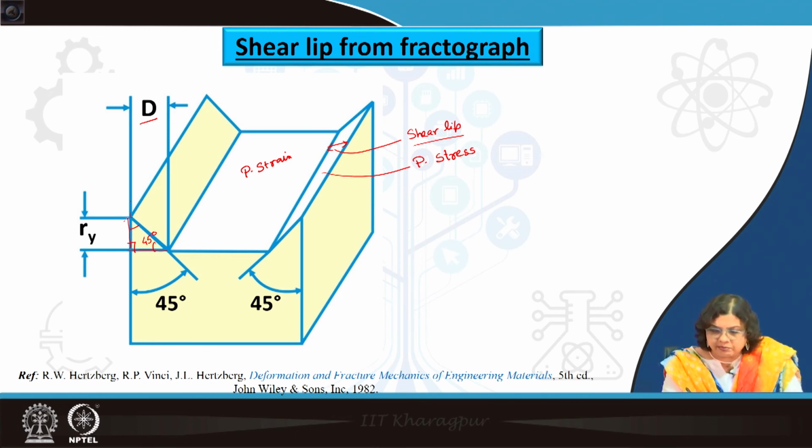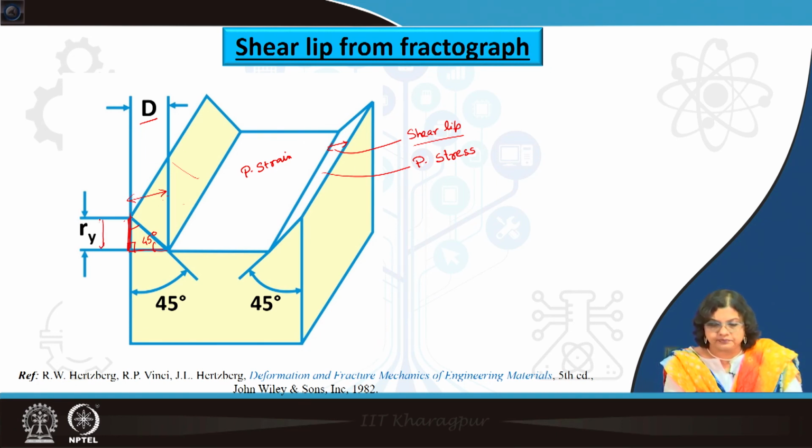So, this shear lip depth that we are measuring here is equivalent to this one, and this is nothing but the plastic zone size under plane stress condition, because we know that this shear lip develops because of the plane stress condition. So, essentially this shear lip width or depth that we are determining gives us the plastic